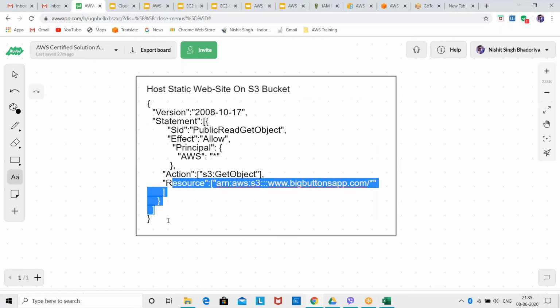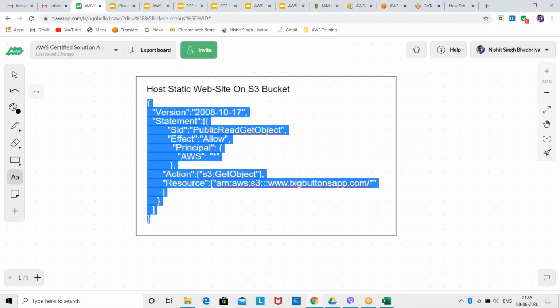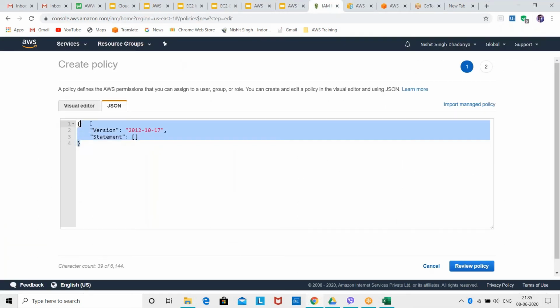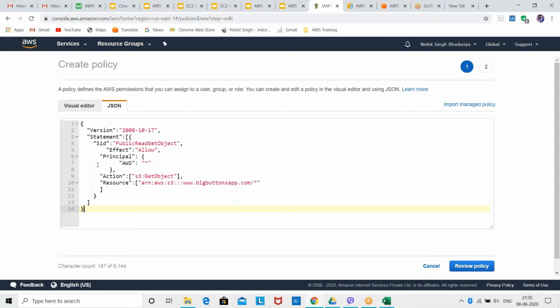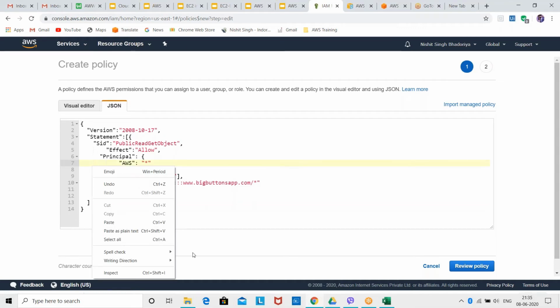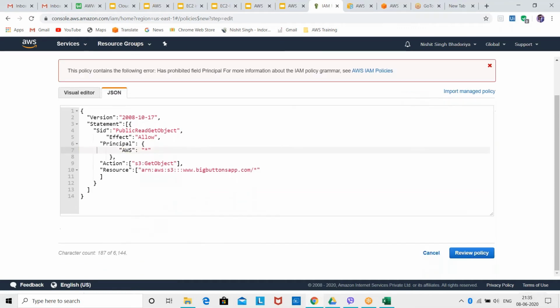What I'll do is copy this, and then I'll go here and paste that. So you guys can see I have my policy. I can review my policy.